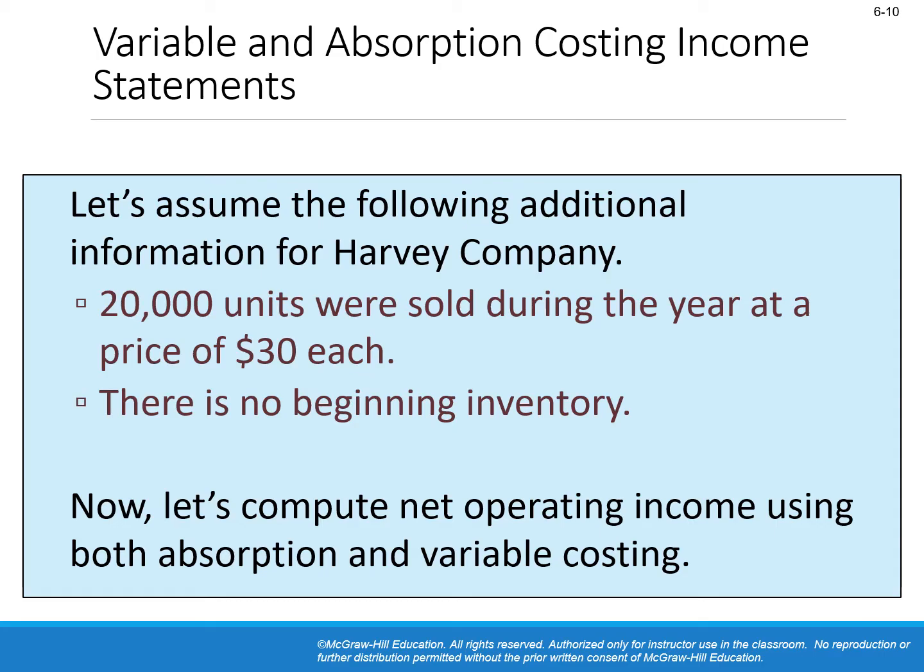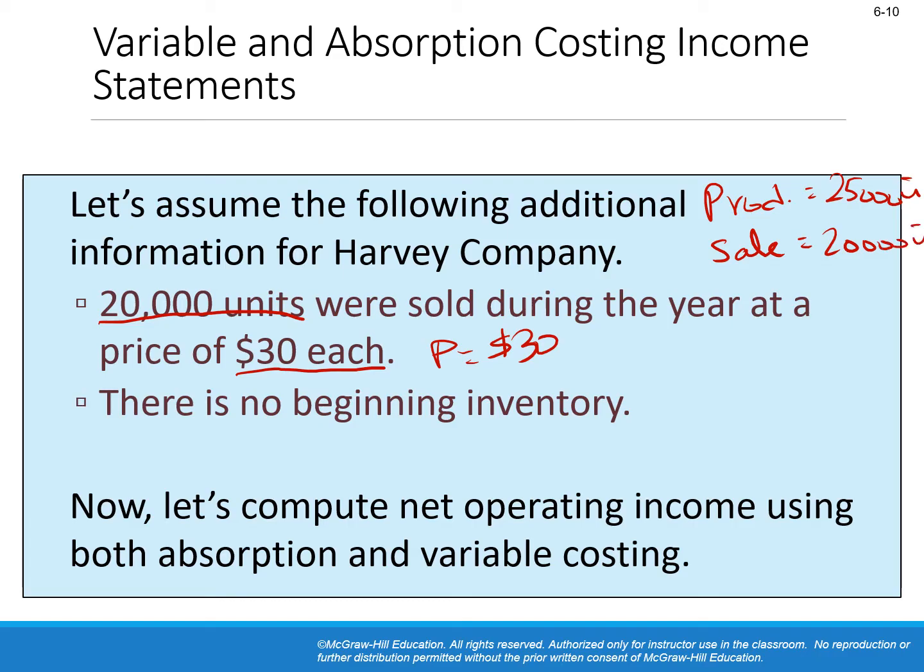Let's assume the following additional information for Harvey, okay, so they sold 20,000 units and the selling price is $30 each. So the price is equal to $30. And there is no beginning inventory, so we produced 25,000. So production 25,000 units, and the sale is 20,000 units. So we were left with an ending inventory of 5,000 units. Now,